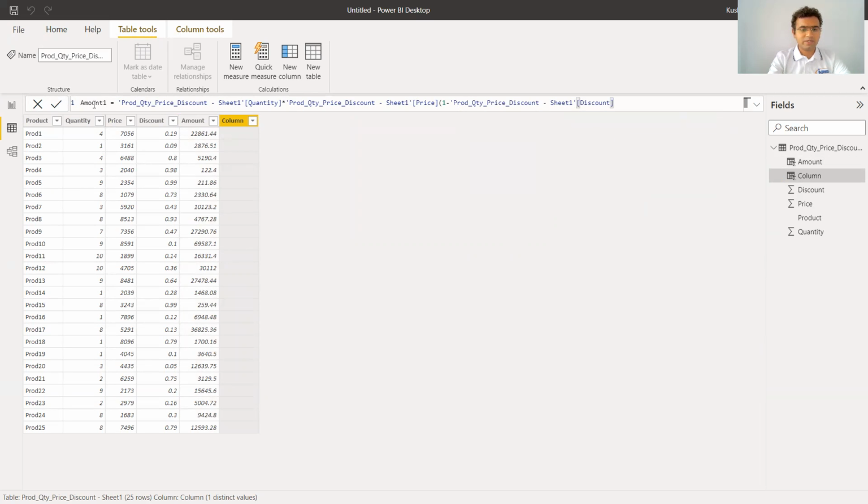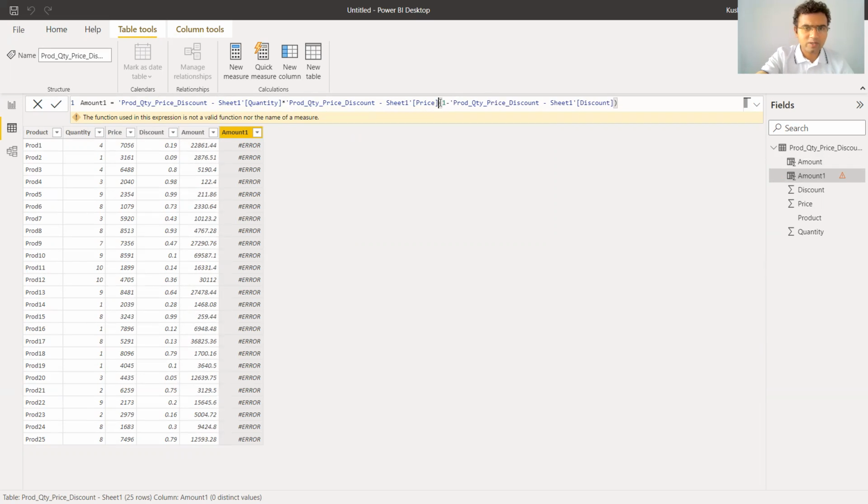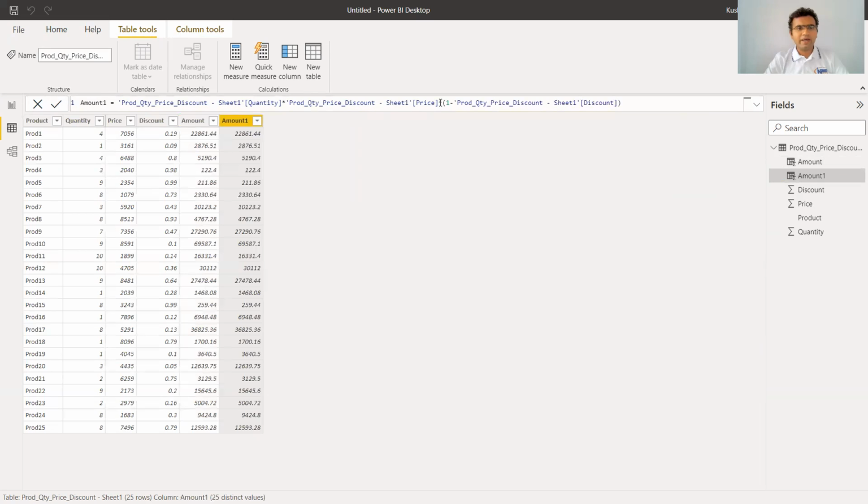So 1 minus discount. This way my new column will get created. So you can see that this new column has got created. Some error it is showing. So here I did not write the operator. So I have written the operator over there, and now the same amount we are able to see. And here also you can see the symbol amount 1 icon is also same as the icon which is created